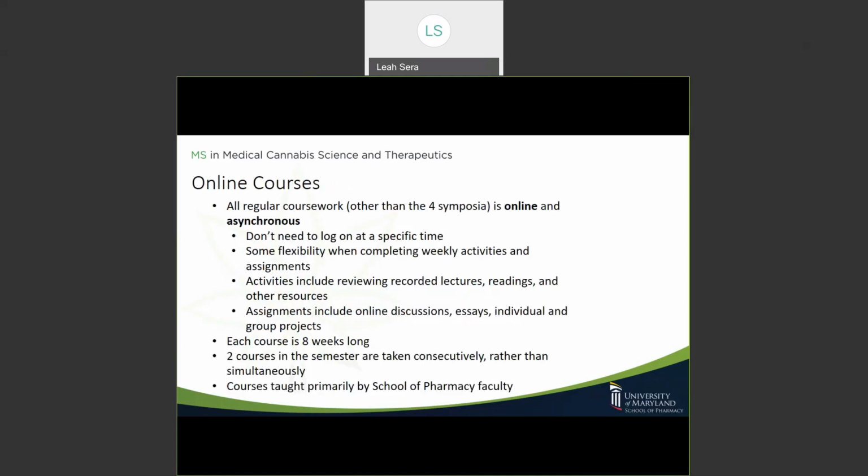All the regular coursework is online and asynchronous. This means that you don't have to log on to the computer at any specific time, and also you have some flexibility when completing weekly assignments and activities. And some of these activities include watching recorded lectures and videos, reading articles, participating in online discussions, completing written assignments,